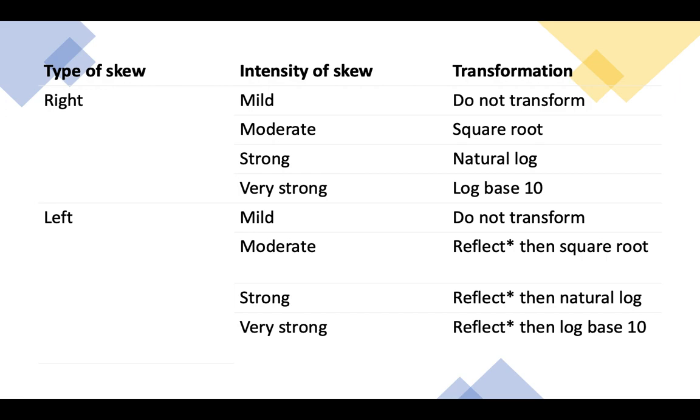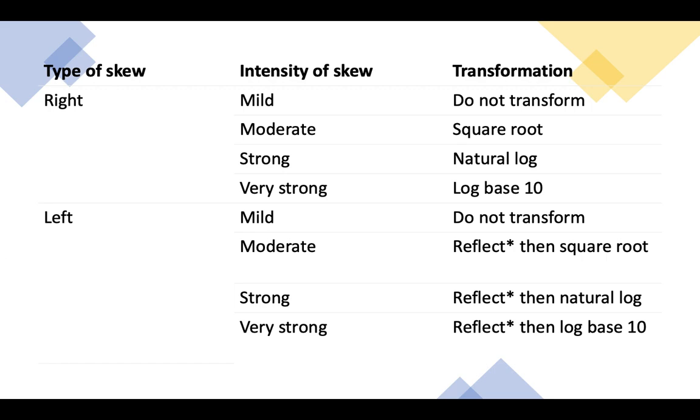So mild changes can be tolerated. In either case, if your data is right skewed or left skewed and the skewness is mild, then you don't need to transform the data. But in another case, if it is moderately